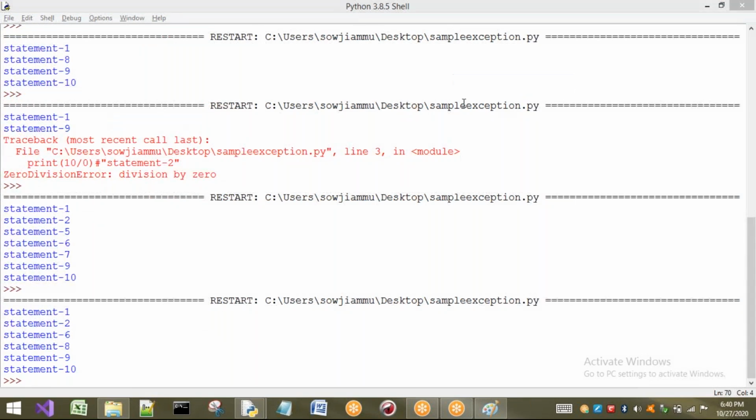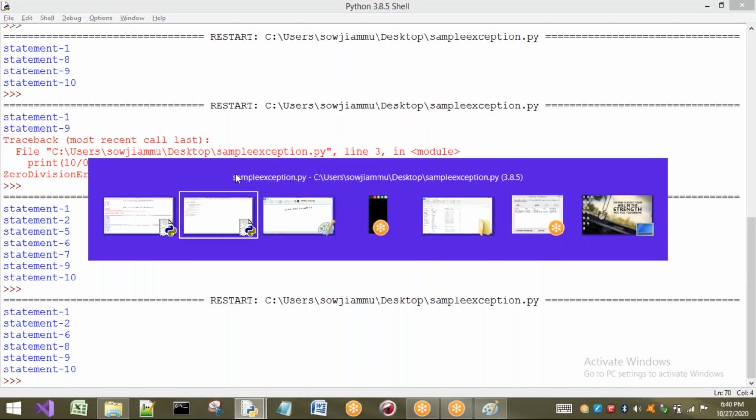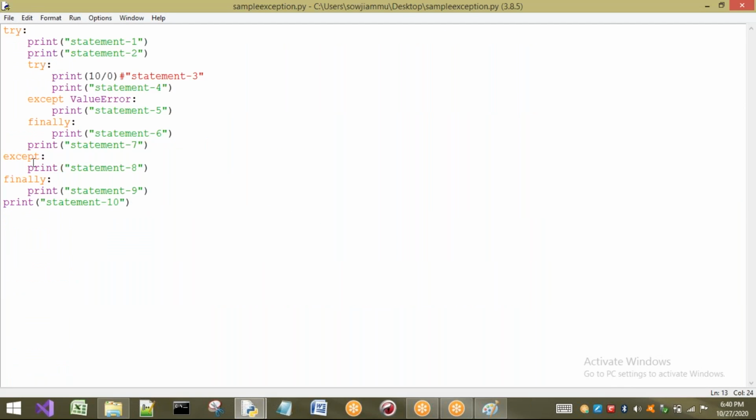Now the next case is here I will not have, I am not going to take any except block here. There is a corresponding except block I am not going to take. Now observe this case. In this case, what happens? In the inner except block, there is no handling technique. Now this here is going to be executed.